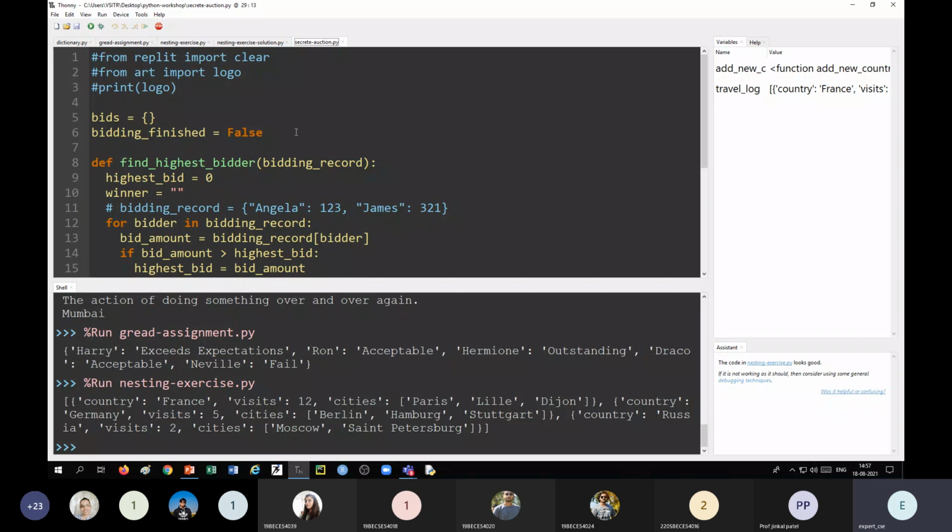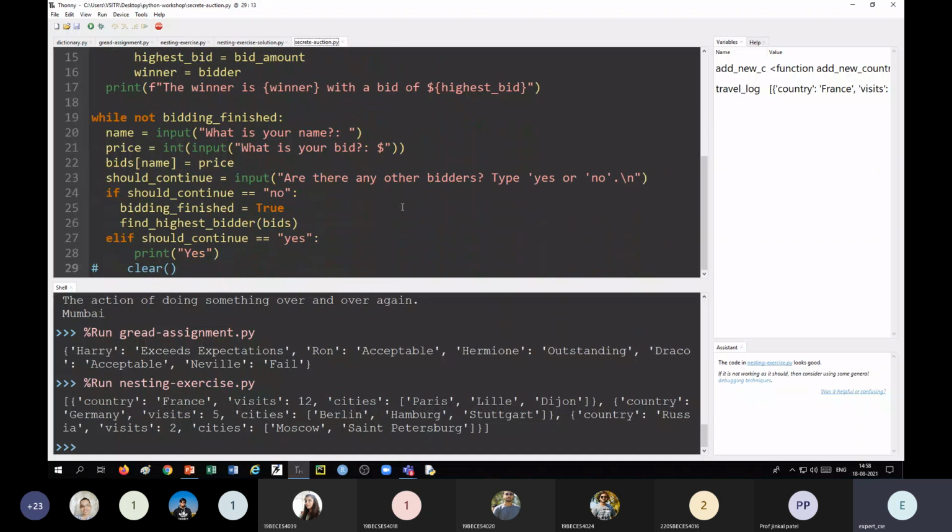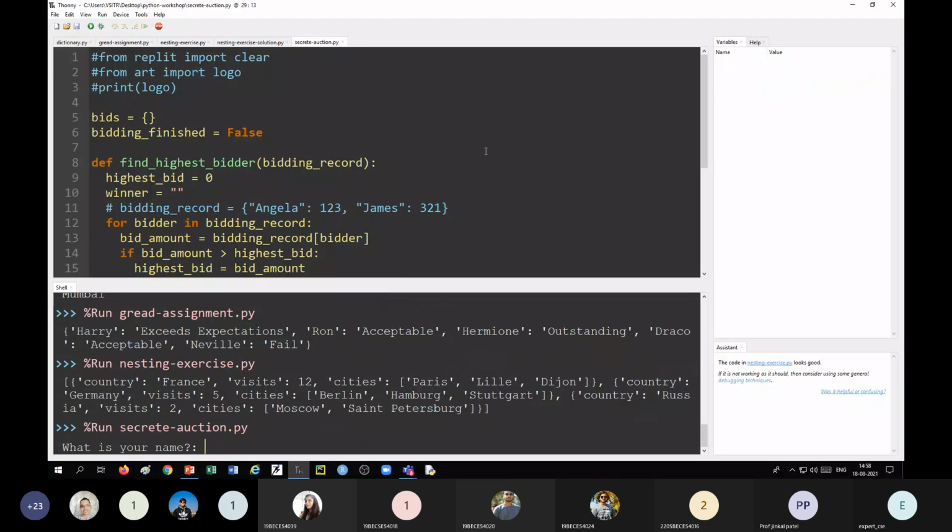We call it name, and its value is nothing but the bidding amount. So we go on accepting the name and the bidding amount, and as and when the user says no, it should print the highest bidder. For example, if I run this program, it should ask, what is your name?